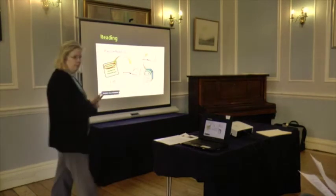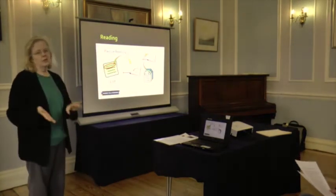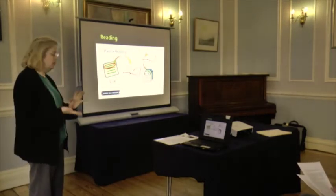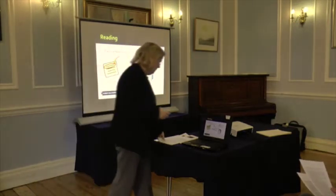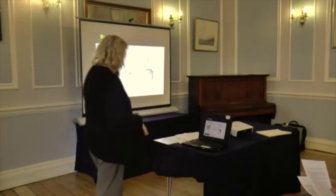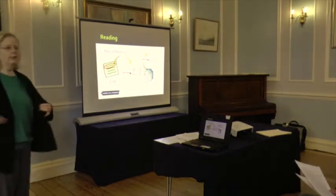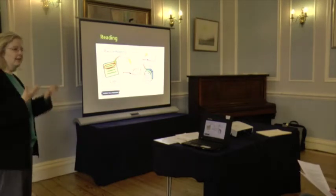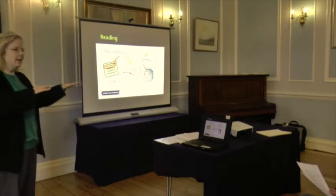Look at abstracts, look at indexes, look at keywords. All these things are so important in helping you decide whether or not you need to read something. So avoid this. Don't think I'm going to read everything. There's no point. There really isn't any point in reading everything. Everything is there. It's almost like a smorgasbord, and it's up to you to decide what and when you need